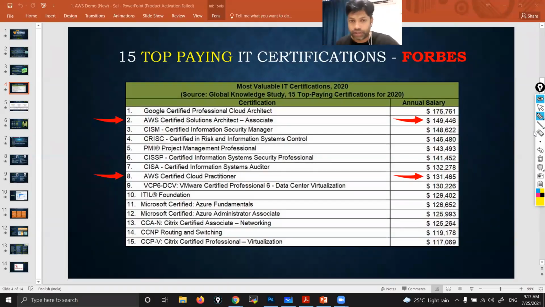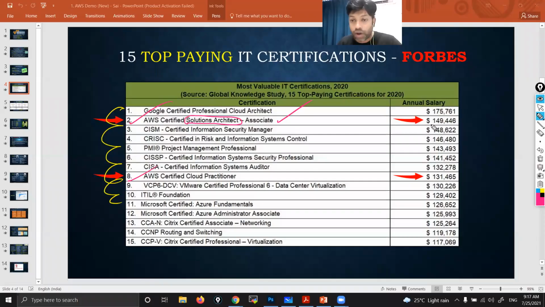Few are very, very important. So out of those, you can see out of the top 10, 2 are occupied by AWS only. You can search in Google, you will get this one, right? 2 occupied by AWS. You can see if you have the first certificate, AWS Certified Solutions Architect,